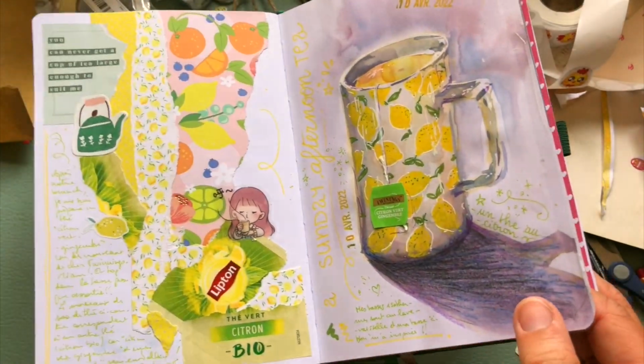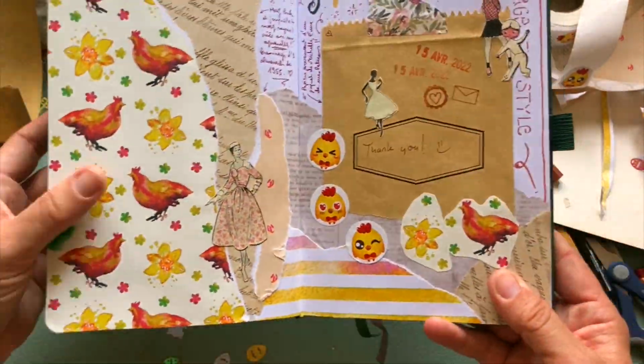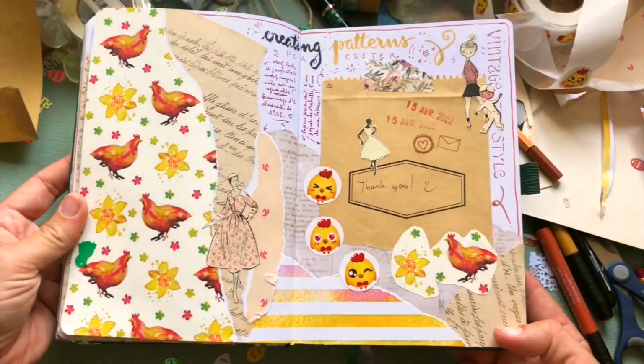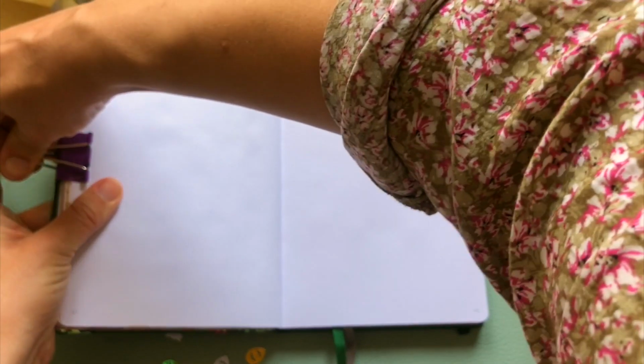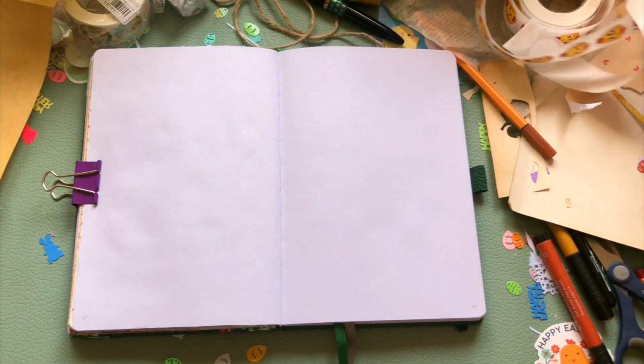Some days it can be more colorful, some days a bit more of a vintage style, and so this is the first page of using mine. And so looking forward to see what you will do with these. Ooh, please show me. So now I think I'm going to make a page, especially using the green,